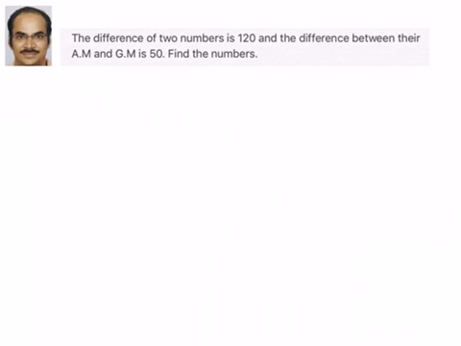So first I'll write down difference of two numbers is 120. So I'll say A minus B is equal to 120. That's the first condition. The second condition what we have is difference between their A.M and G.M is equal to